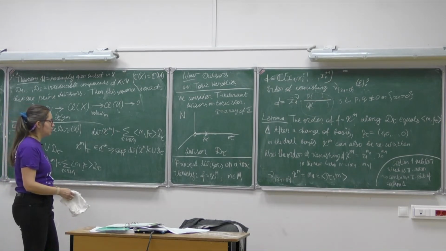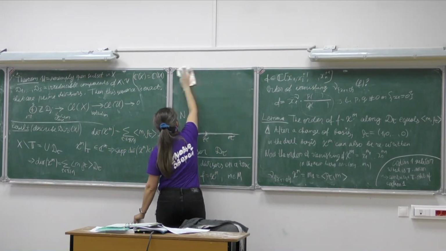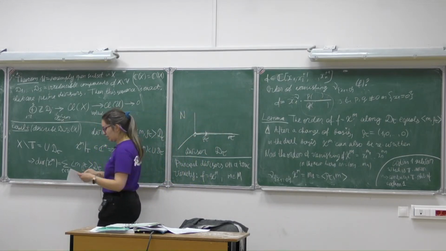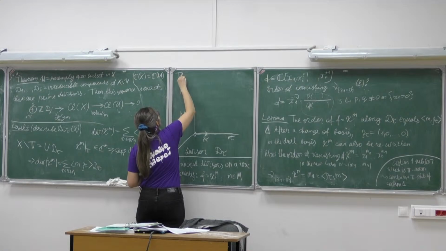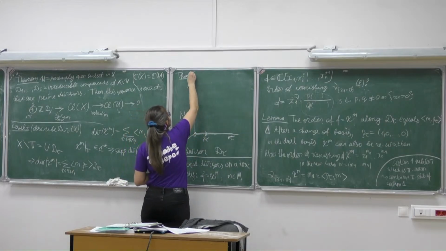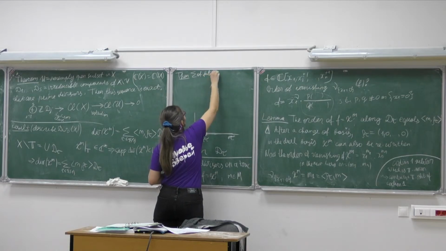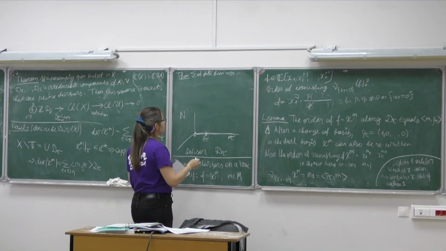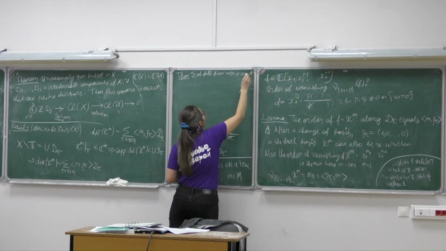So the main formula which we need is: if we know that the fan contains a cone sigma of full dimension, then we have the following exact sequence: